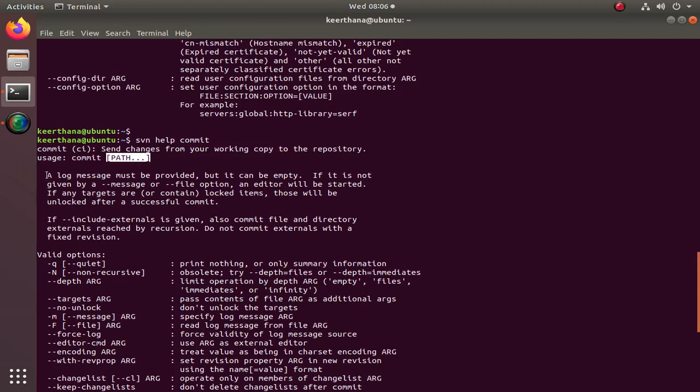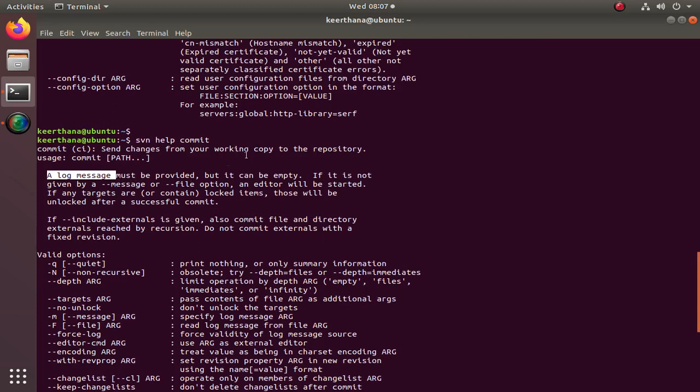The next one is the log message. You have to provide a log message. Otherwise, if you don't specify a log message, we won't know what modification you did in that particular version. So it is good practice to add the log message. For example, if you added a document in your working copy, add a log message saying you added the file.